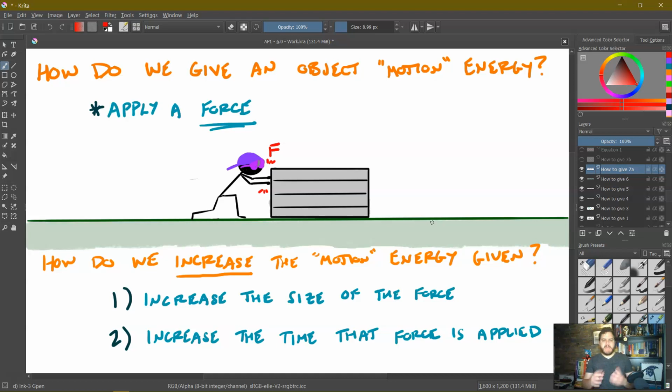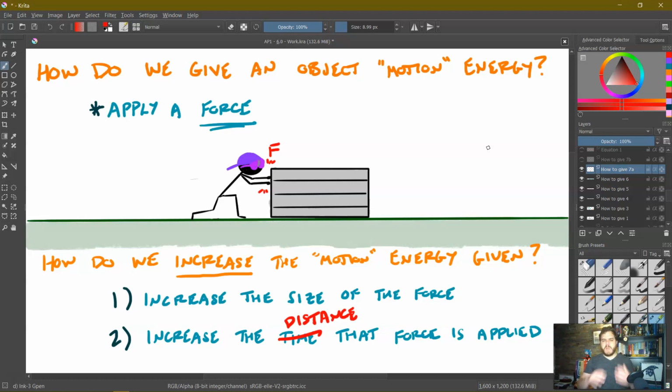And so with that being the case, we can say that time is not really the best way to talk about how much acceleration has taken place. So instead of time, we're actually going to look at something else. What's another thing we could use to quantify how long this force has been applied? Well, rather than increasing the time, let's increase the distance.